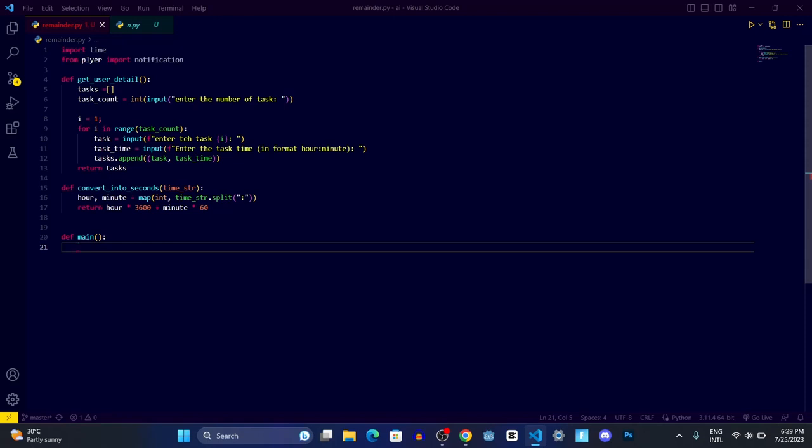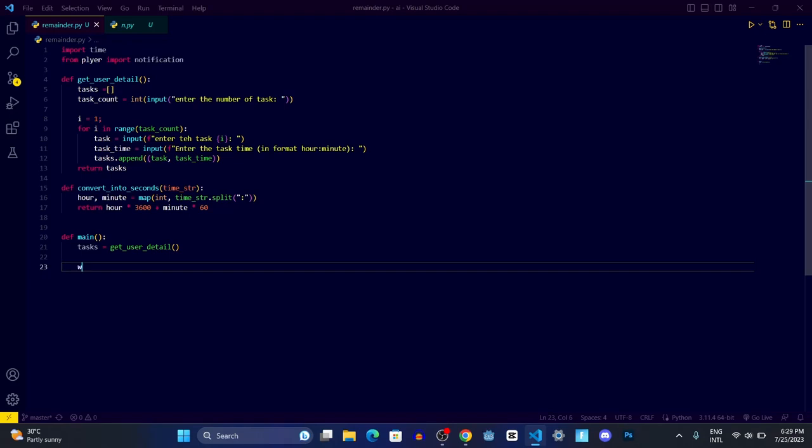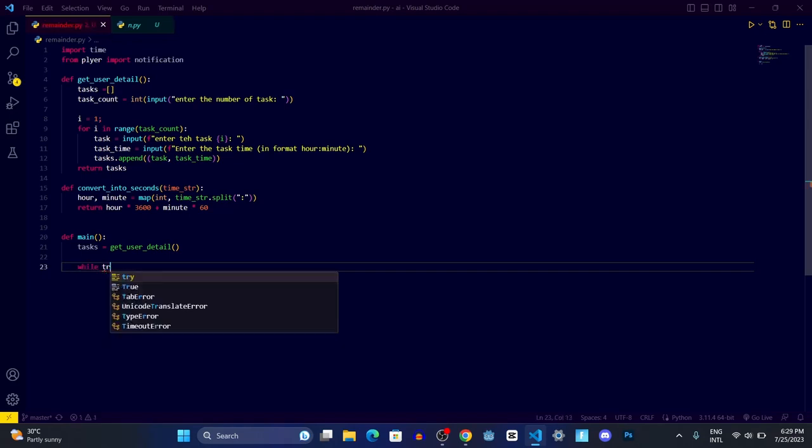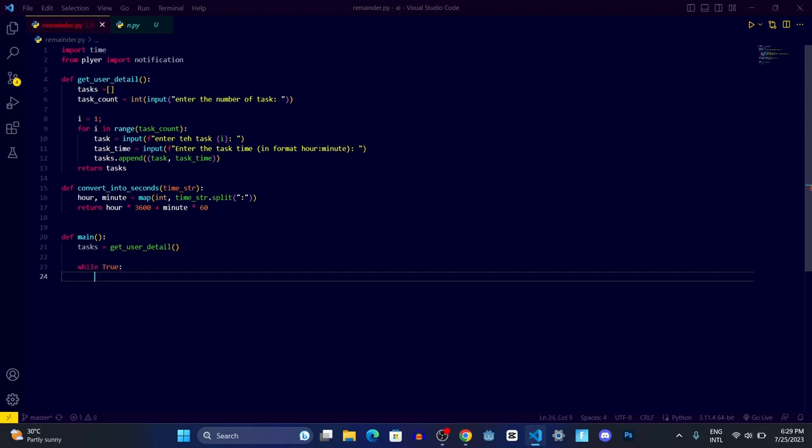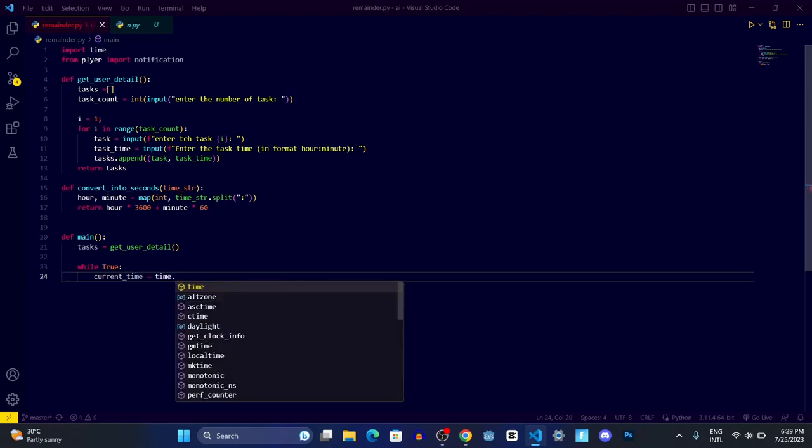Okay, so inside the main, first we will write tasks equals get user detail function. We will call this function, and then we're going to set an endless while True loop. While True, we're going to get the current time. The current time equals time, which is the module we have imported, time dot